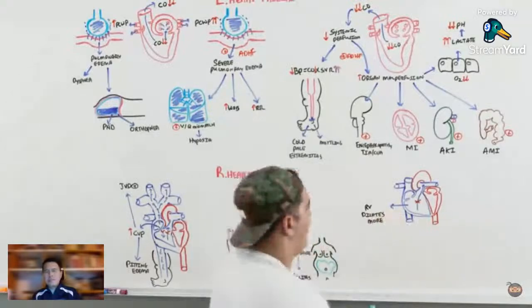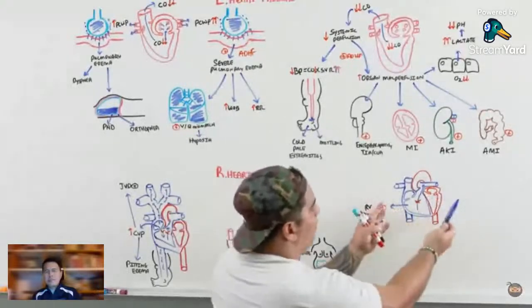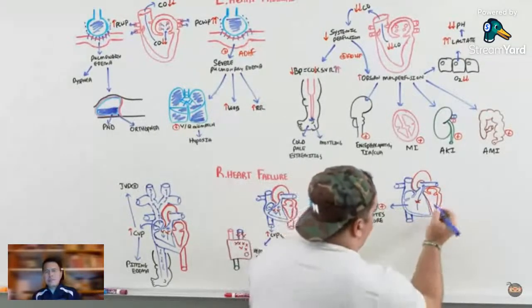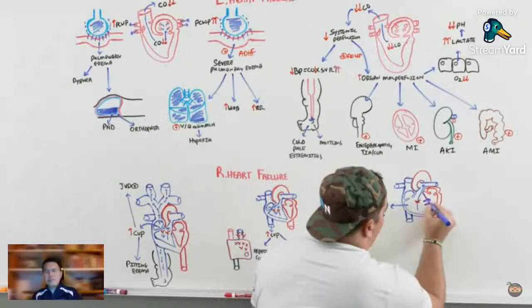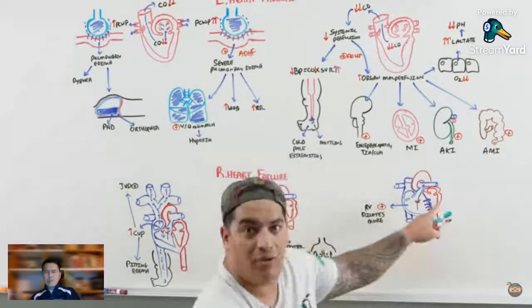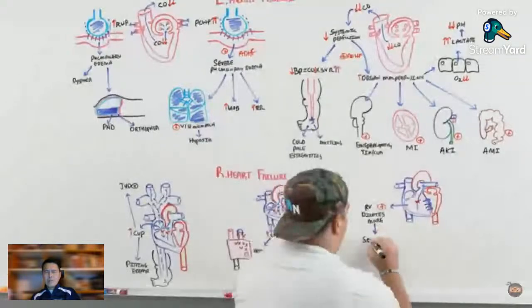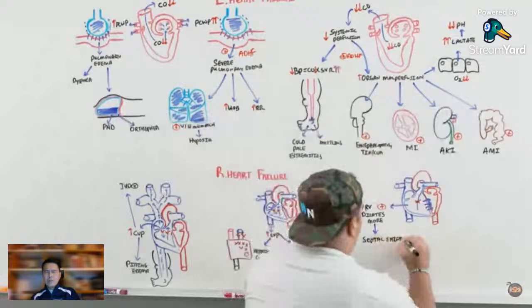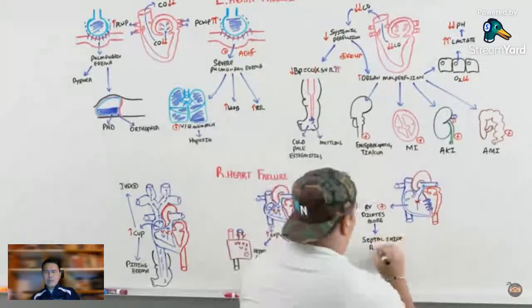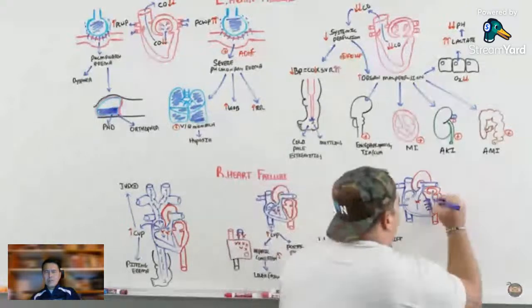Whenever you can't get blood out of the heart, it's going to stimulate the right ventricle to dilate even more. When the right ventricle dilates more, the next thing it does is cause the septum to bow over into the left ventricle. And now the space of the left ventricle is smaller. This is called a septal shift. We'll say that this septal shift is occurring from the right side to the left side. What that does is it makes it hard for the left ventricle to fill with blood because now it's much smaller.